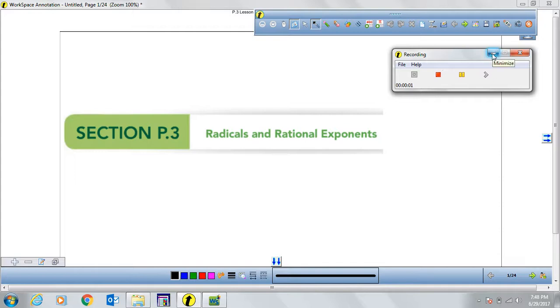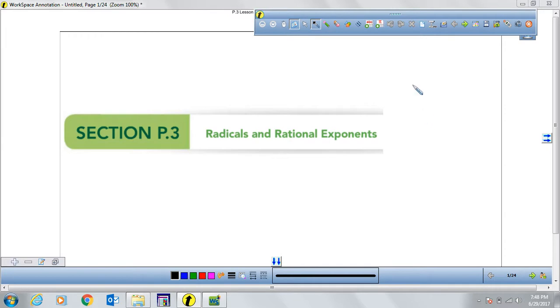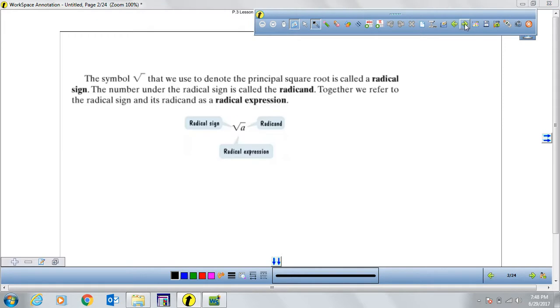In this section P.3, we're going to cover everything related to radicals and rational exponents. It's going to be an overview of the radicals. Now, let's go ahead and start with a couple of examples of the radicals and what a radical is, first